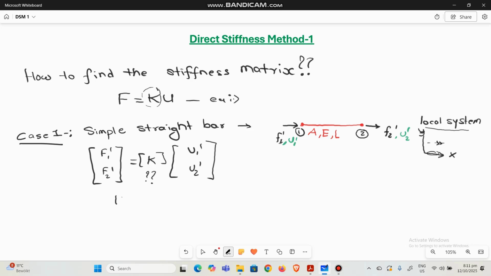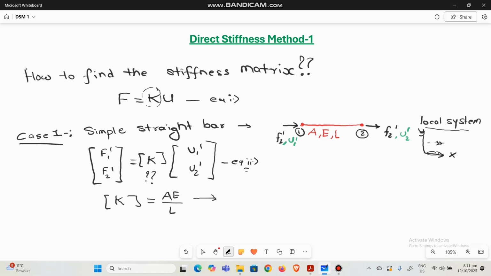For finding the stiffness matrix K, we just use this formula, which is AE upon L. Okay, AE by L, but while using this stiffness matrix formula for equation number 2, we have to multiply with another matrix,